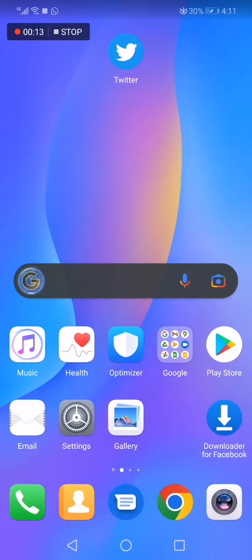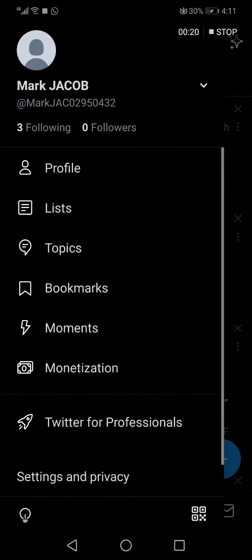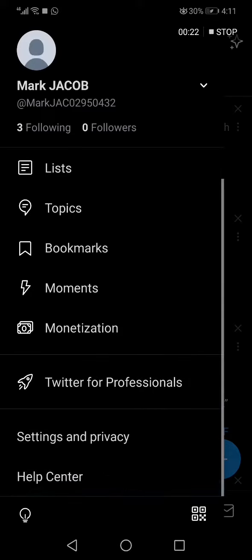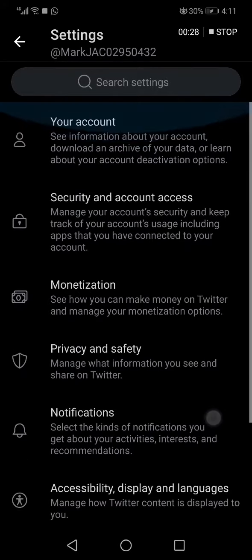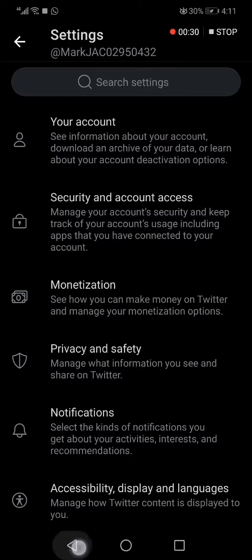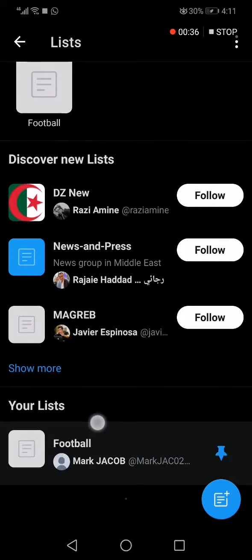So all what you have to do guys is go to Twitter. Now go to the top corner right here and click on your profile picture, then go down and choose settings and privacy. Right here you will find many options and you search for lists. If you didn't find them, go again and click on lists. Now go down and choose your list here